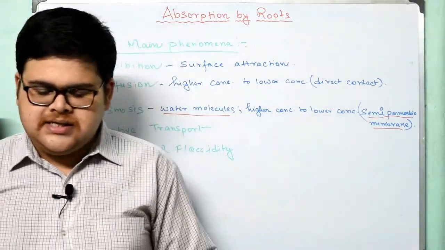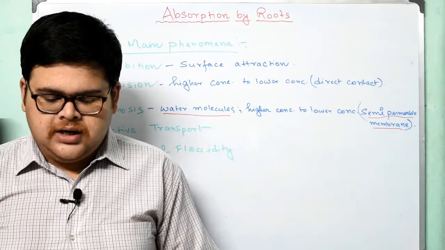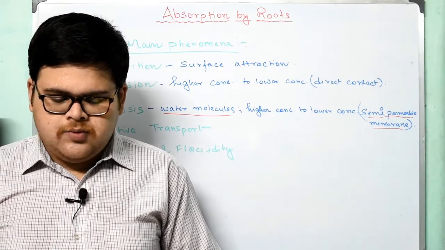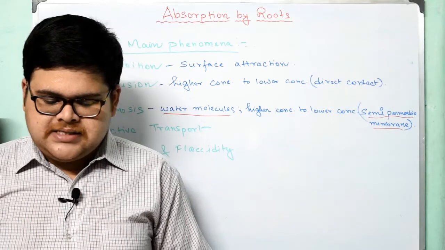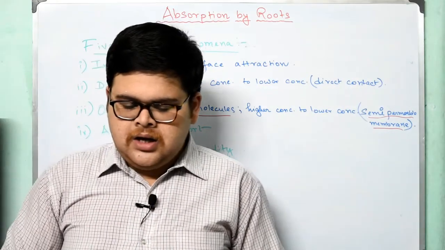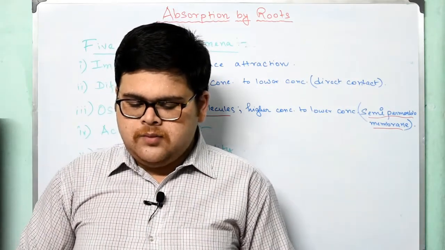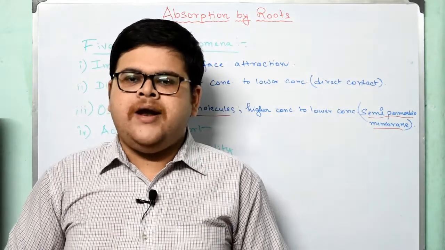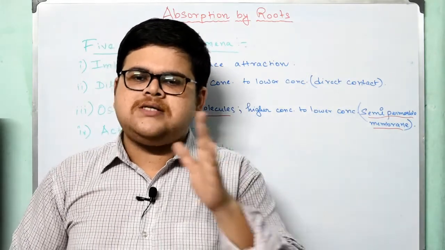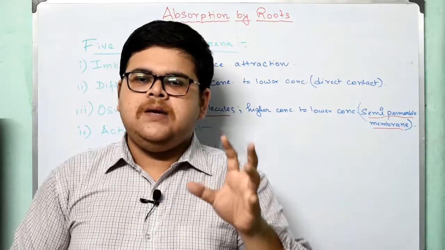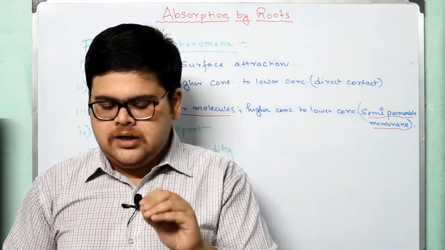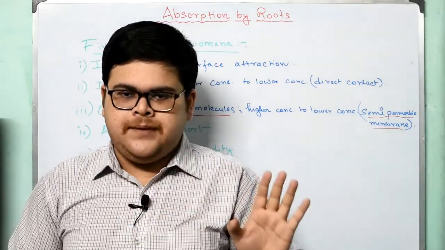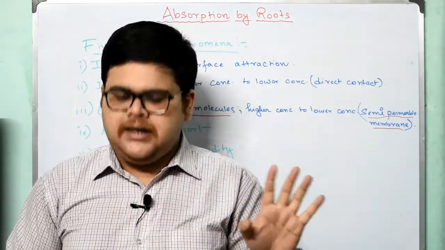Isotonic: iso means same, tonus means tension or concentration. The relative concentration of water molecules and the solute on either side of the cell membrane is the same. In such a solution, there is no net movement of water molecules across the cell membrane. So whenever the concentration on both sides of the cell is the same, it is known as the isotonic condition, and here no osmosis will take place.